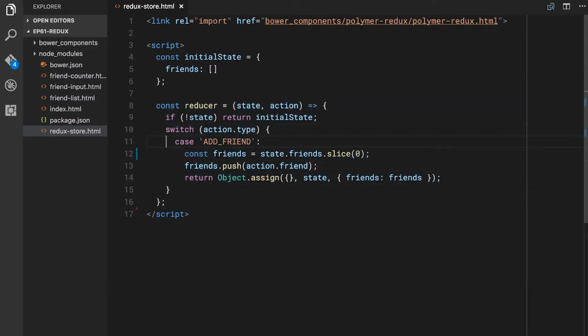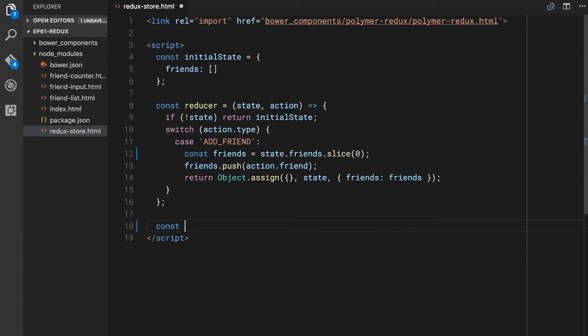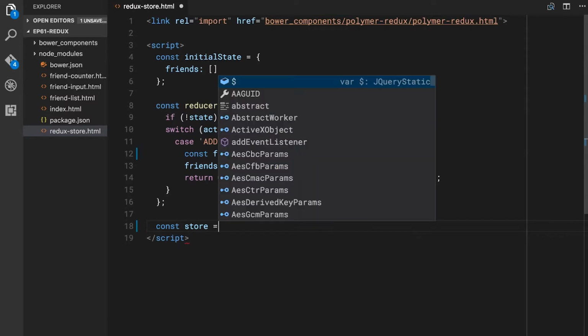It only has one action that it supports, but we could add multiple actions to this. We could add remove friend. We could sort friends. The cool thing about this is it just scales infinitely, which is really nice. Now, the next thing we want to do, now that we have our initial state and our reducer, is create a store, and create a behavior that we can hand off to all of our Polymer elements. So we'll say our store is going to be equal to